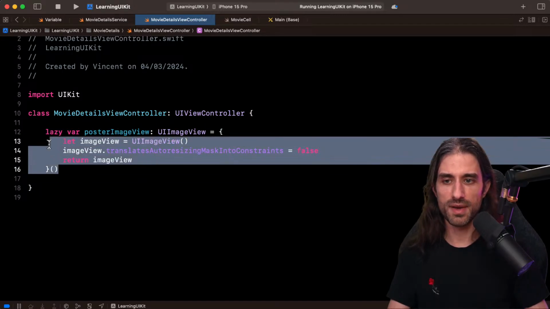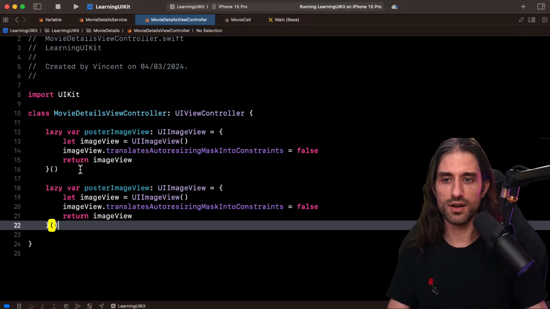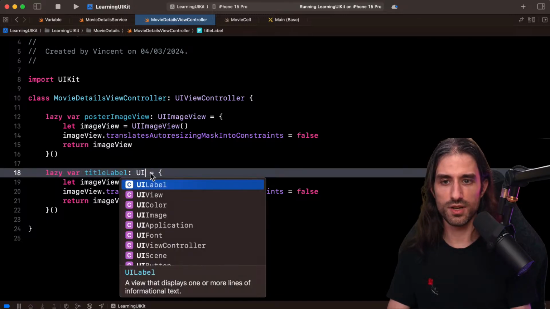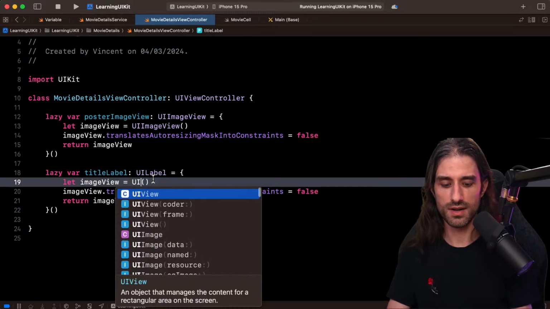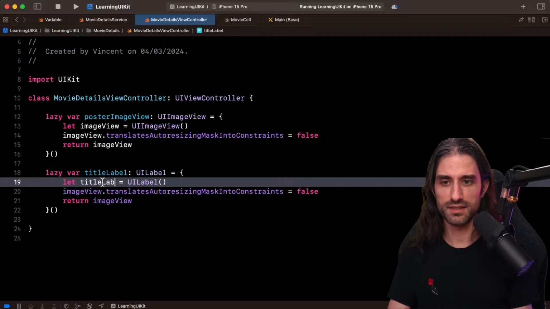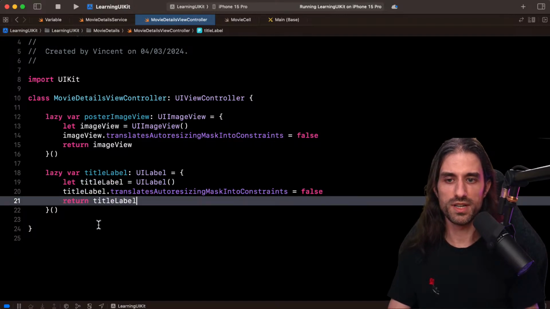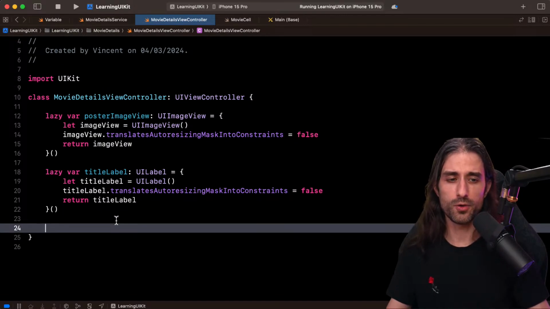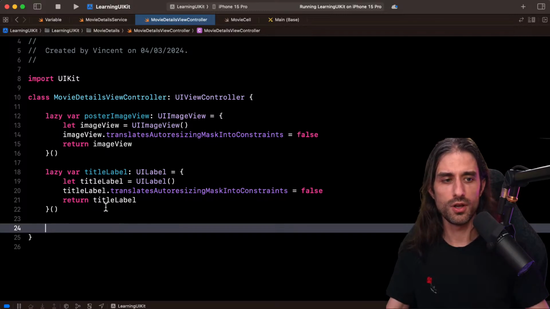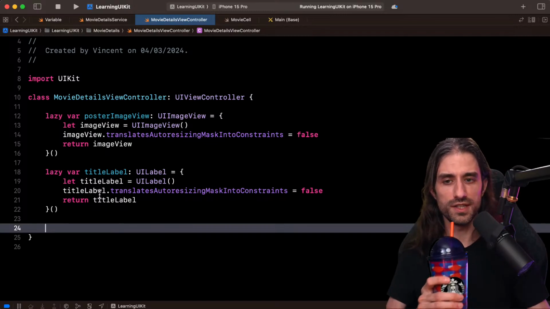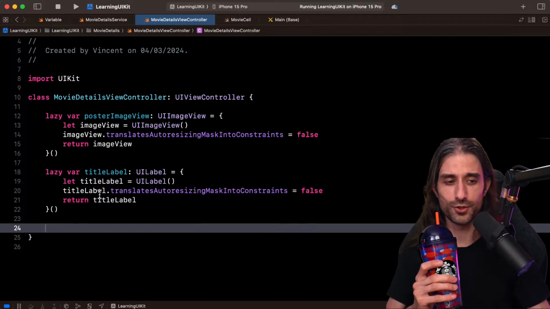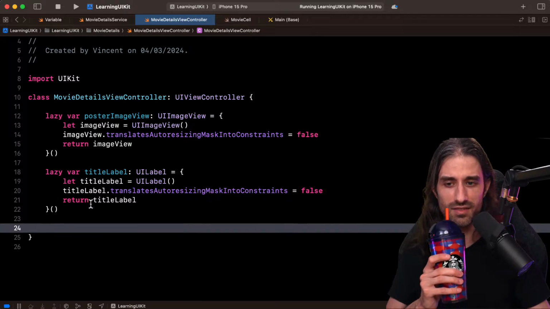So I want to have this poster image. I also want to have a title label, so I'm going to use the same structure. So titleLabel, this one is going to be a UILabel, so like this, and let me rename it. If you write this kind of code often, you want to create a custom code snippet in Xcode to be able to automate it as much as possible. And for that also, I have a video on my channel, which is from something like two years ago. Actually, it's an old video shot in my old apartment, but the content is still valid.